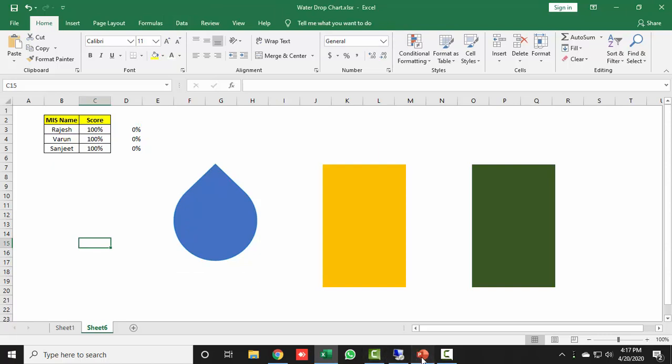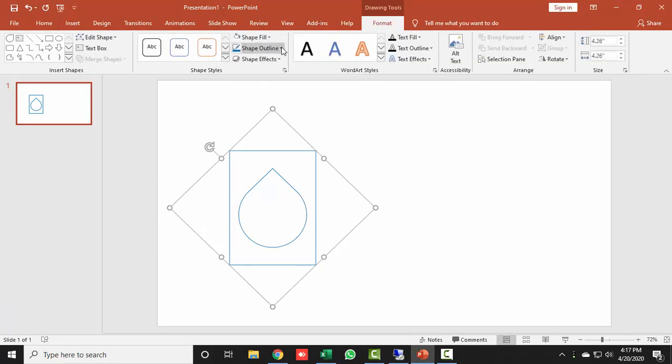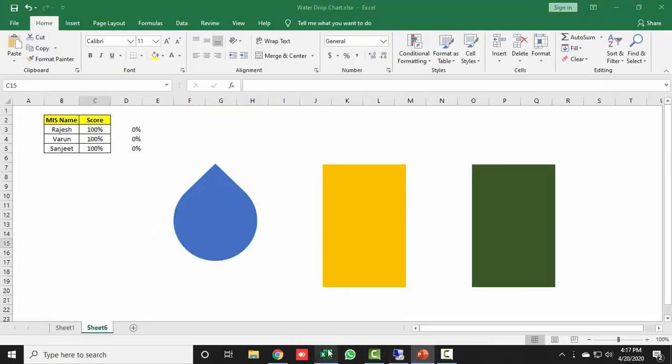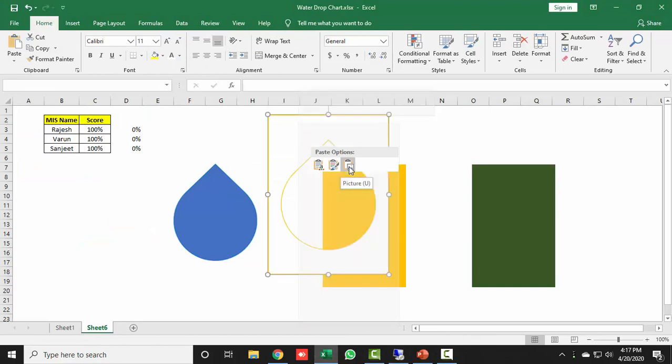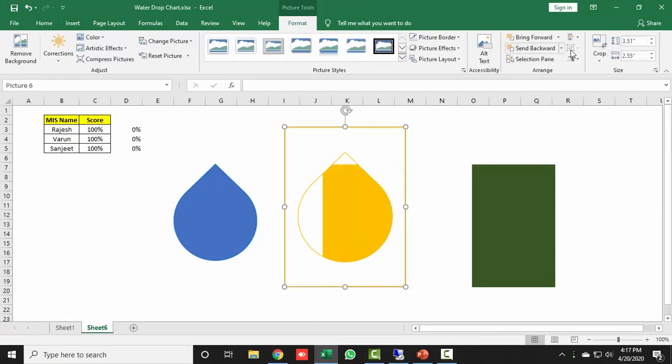Then again go to PowerPoint and make this shape outline orange, then copy it, go to Excel, right click on it and paste it as a picture. Now again remove this outline from the Format tab.